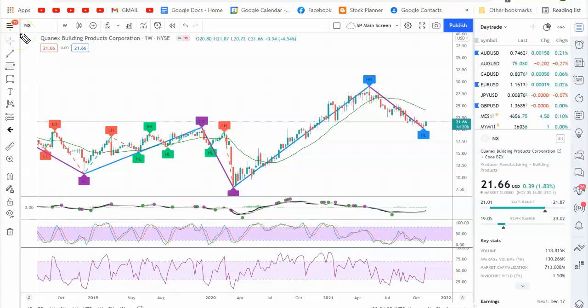We're swing traders, and today we're looking at the stock symbol NX, Quanex, building products. This is the weekly chart, and we're looking for stocks that swing. We're trying to capture these major swings, and that would be some serious profit if you can